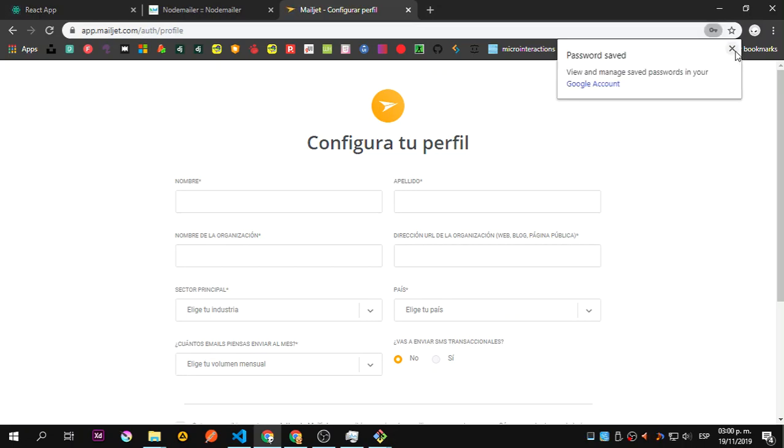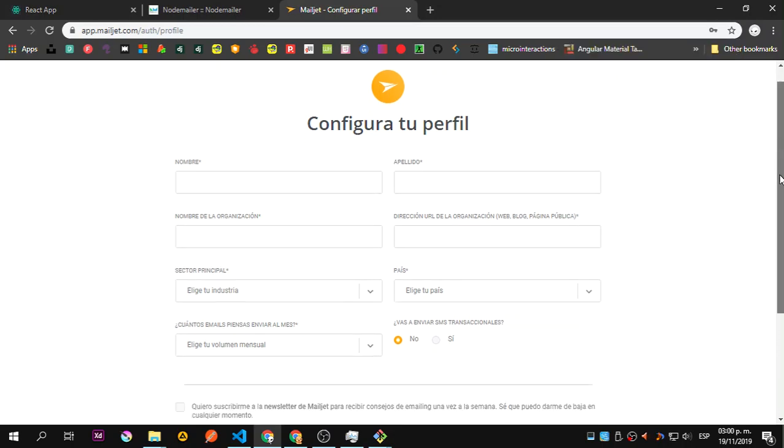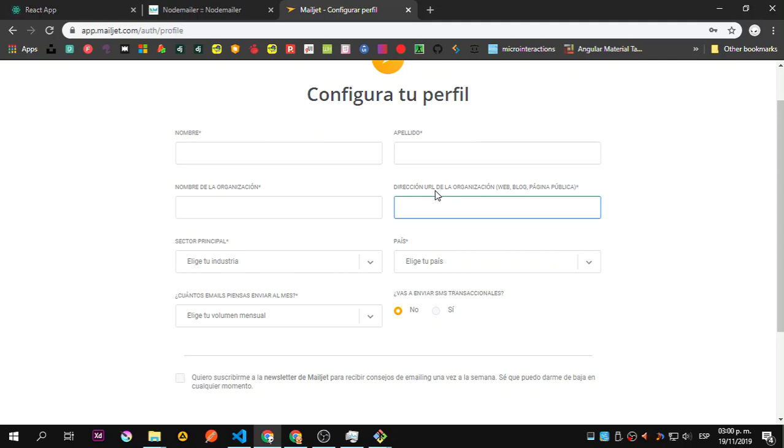Okay, I actually don't need to keep with this, but you will need the URL of a web, blog, or public page. Okay, you need that. How I got this to work? If you have a website, just add your website. If you have a blog, just add your blog URL. And if you don't have, just go to